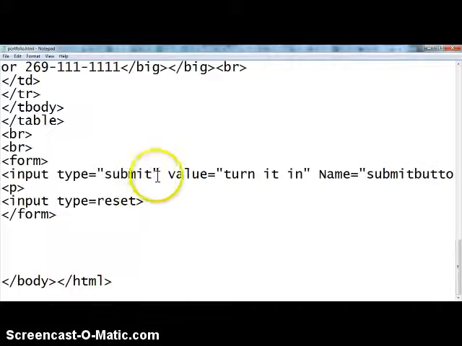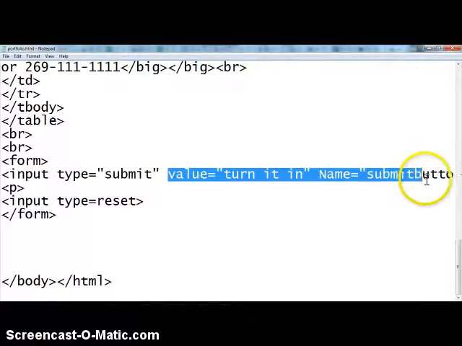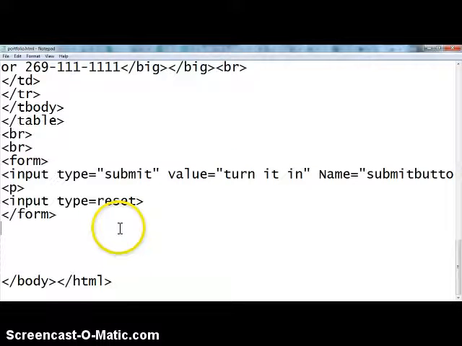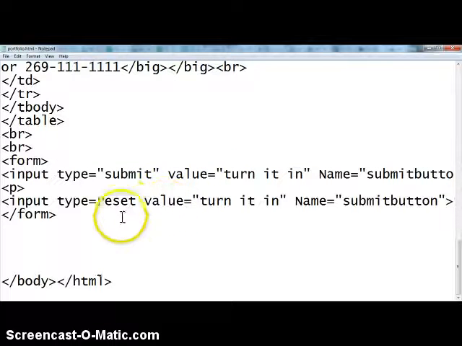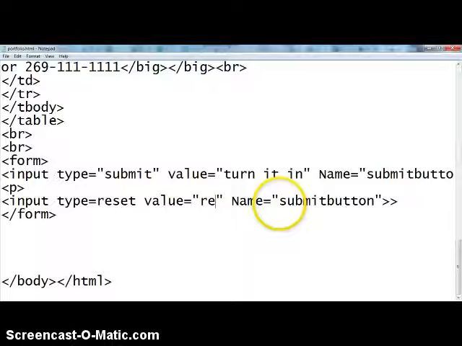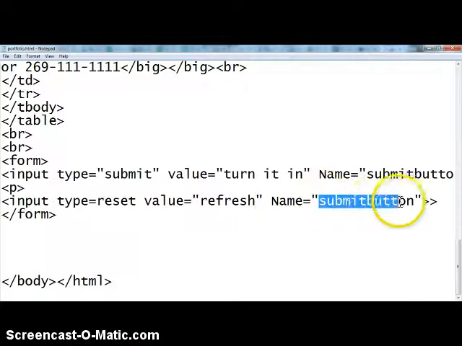And then let's do the same thing with, I'm going to copy this to make my life a little easier. And then down here I'm going to space one and paste. Value I'm going to put refresh. Name equal